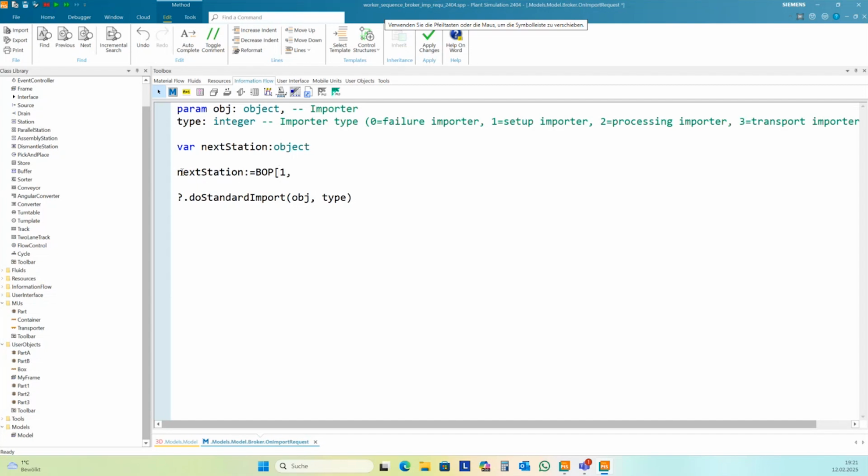I have only one column, and the row is object. It's the importer here. It's the source or one of the stations. And with cont, I get the part on it, and name is the name of the part 1, part 2, part 3. And the objects are in the subtable in the first column.